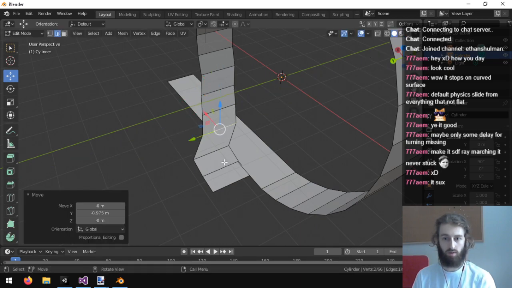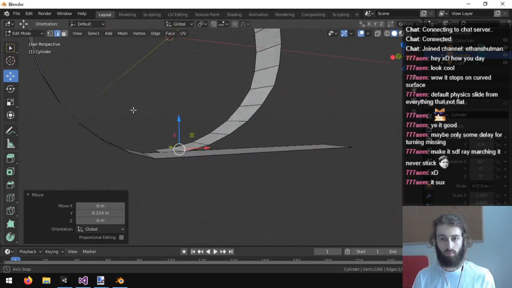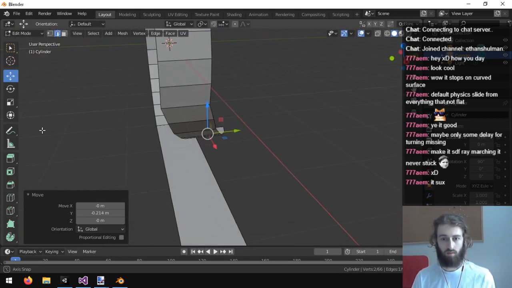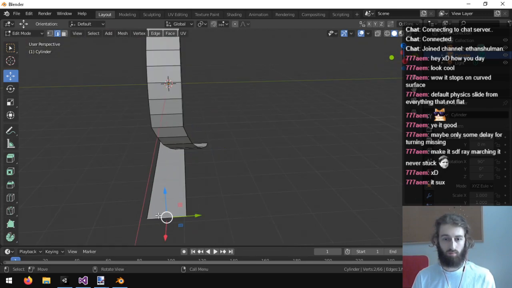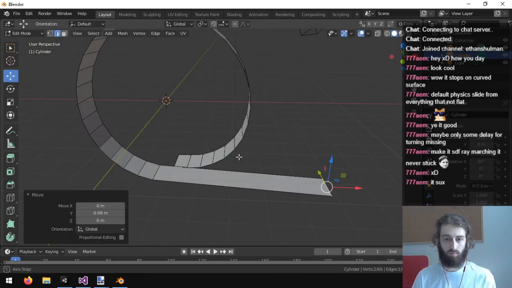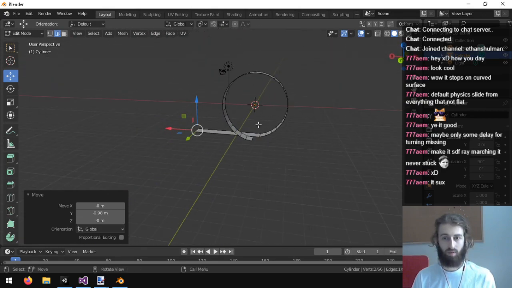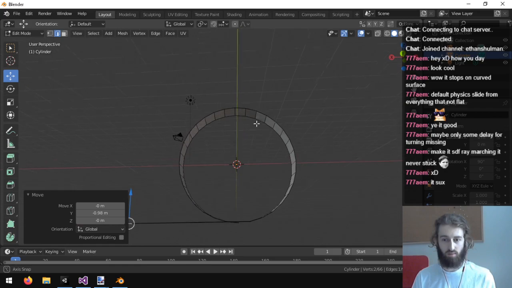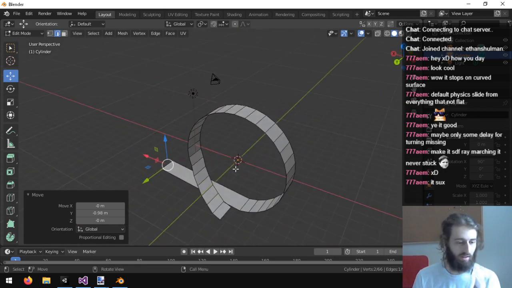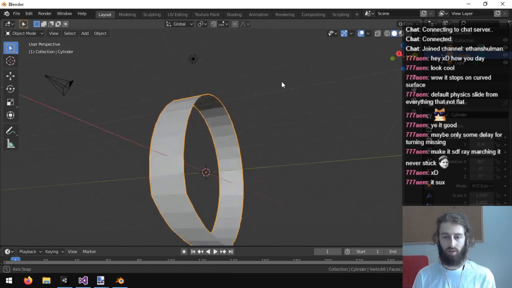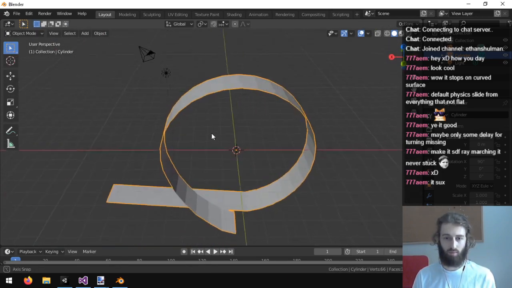Very slowly shift it to the side. Okay. That actually doesn't look too bad. I wonder if this is possible. Well, obviously there's a way to design a physics system that works with this.